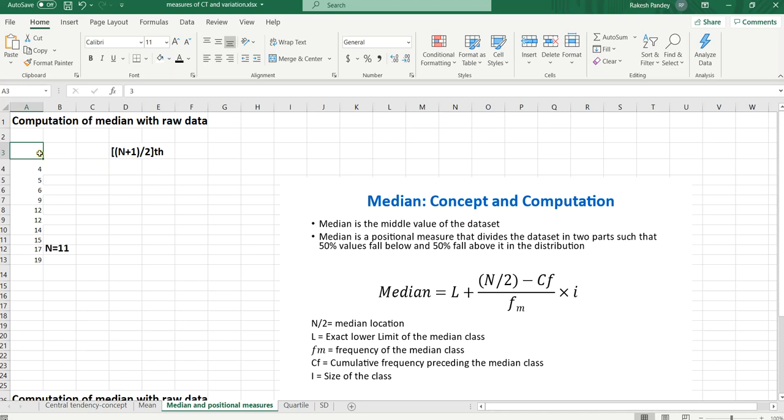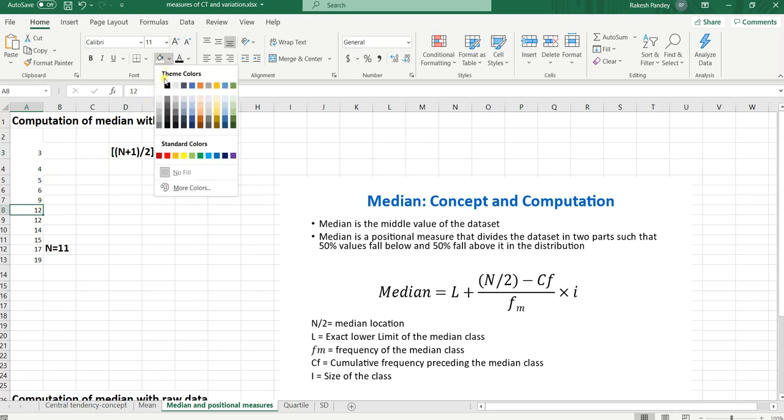So, this is the first position, second position, third position, fourth position, fifth position, sixth position. So, let us highlight this. This is the median. This is the sixth position data, and now count, there are 5 values, 1, 2, 3, 4, 5, which are lower than this median value, lying below it in the distribution, and there are 5 values above this, 1, 2, 3, 4, 5, which are lying above this point in the data distribution.